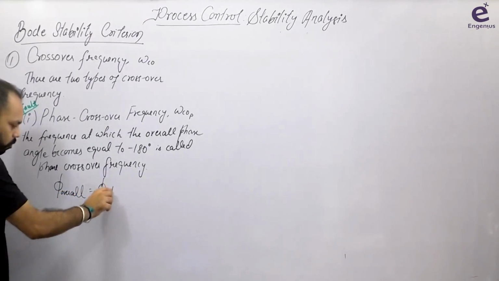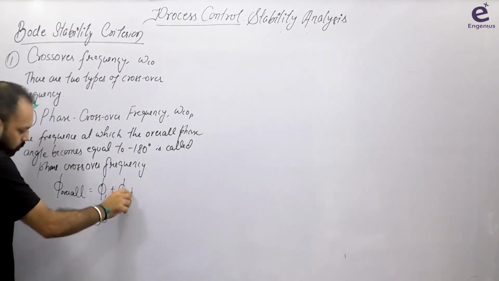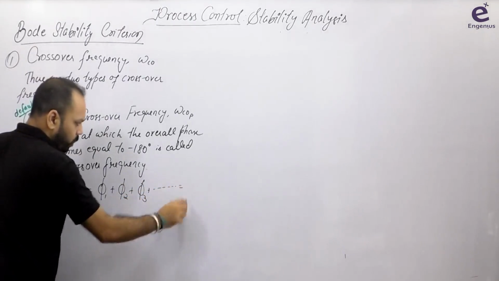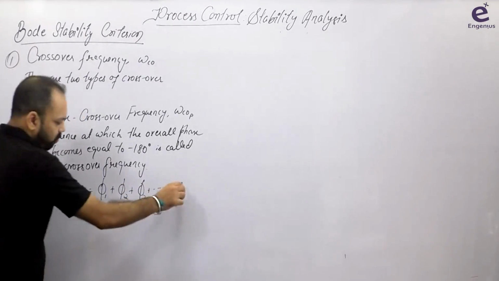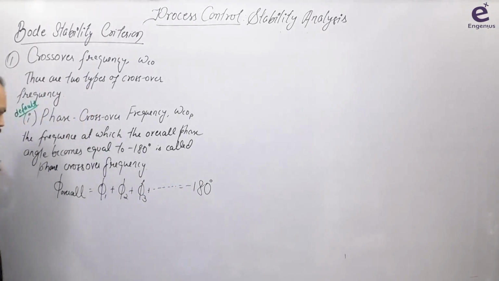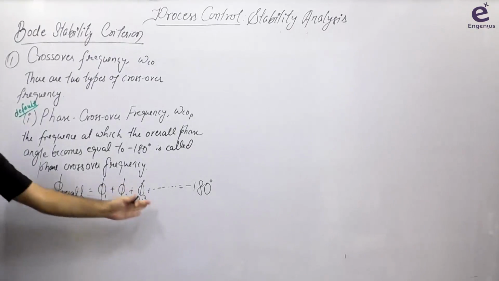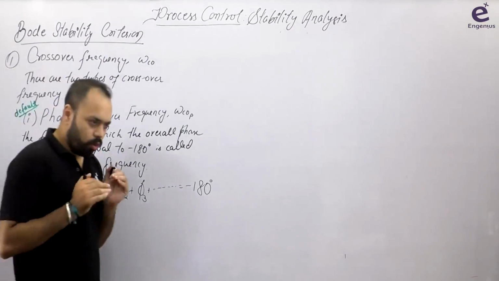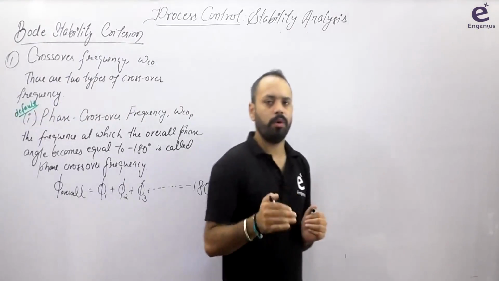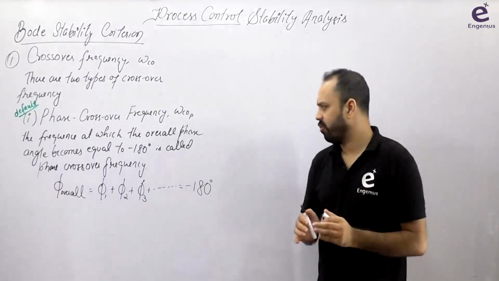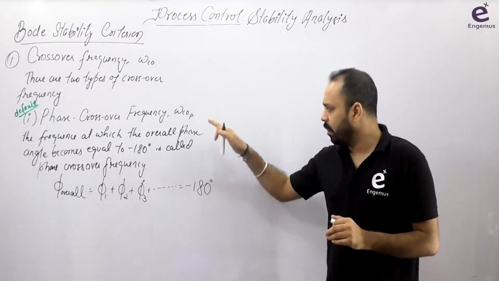The sum of individual phi's, phi 1, phi 2, phi 3, like that, must be equated to 180 degrees or minus 180 degrees. Always minus 180, because phi, the phase angle, may be negative, or this is an algebraic sum, right? So this may be negative or positive. It is negative, minus 180 degrees. So when the overall phase angle becomes equal to minus 180 degrees, that frequency of oscillation, that radian frequency, what